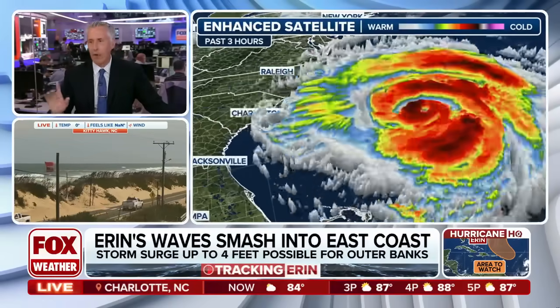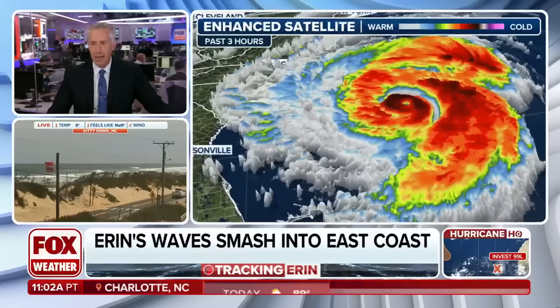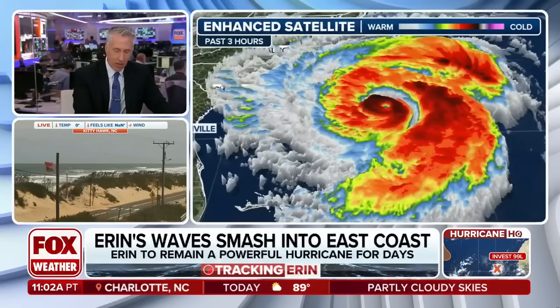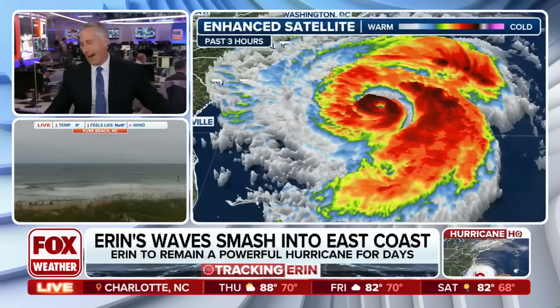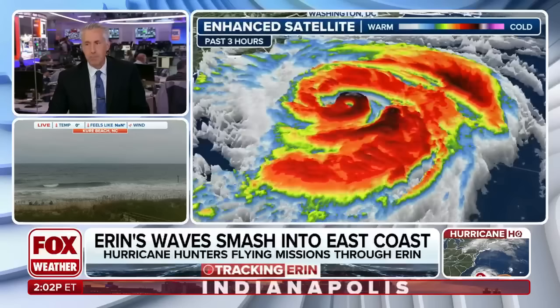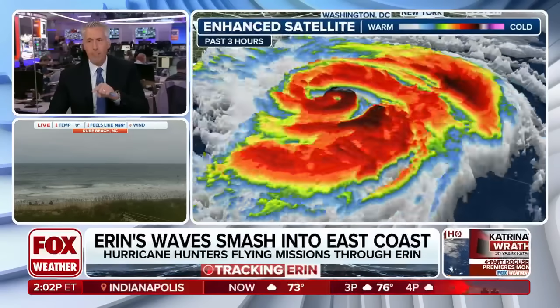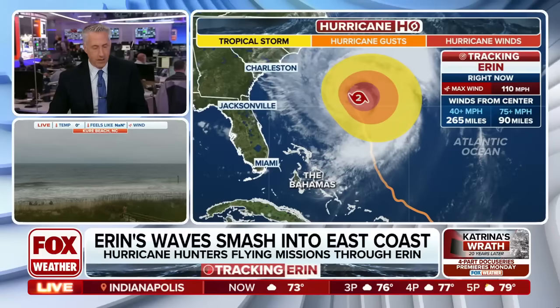Let me turn this thing 3D-wise. You can see just how perfectly circular this is. It has a nice structure to it. As we bend it around, you can see the eye wall itself chugging along pretty strong. In the middle part where you see the clear skies, that is the eye itself. We'll turn it around even more because you got those feeder bands that mean business also. These are wrapping around into the center. A lot of lightning out there also with those feeder bands